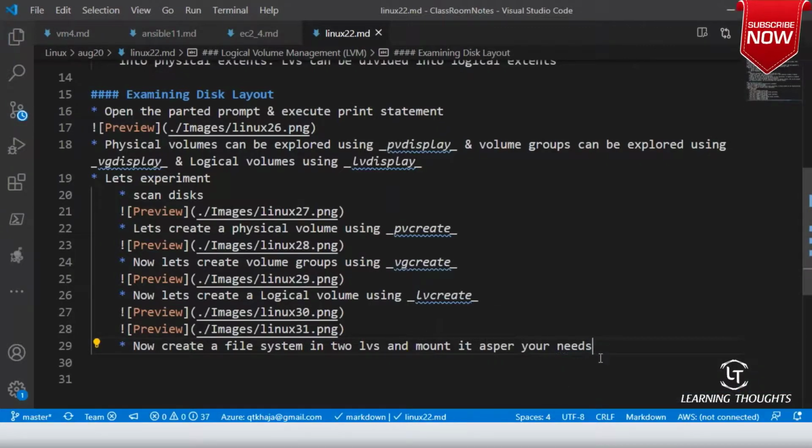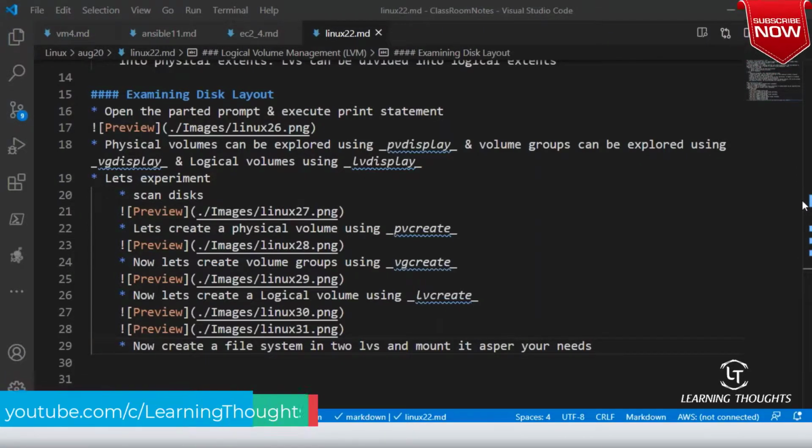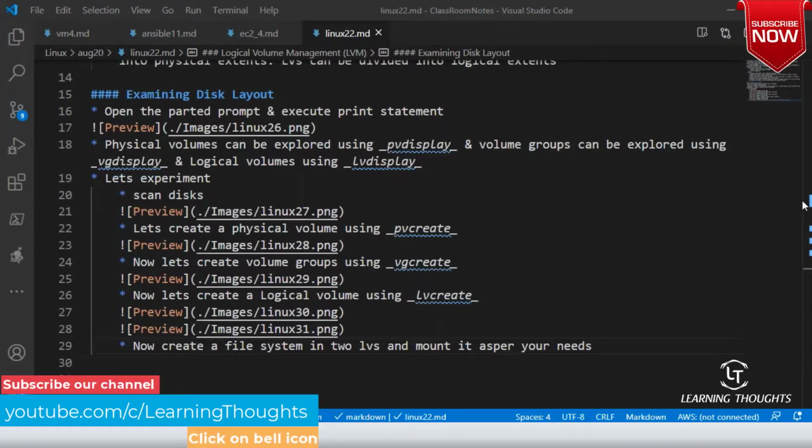Whenever you want to increase the size of this, add a disk, extend the physical volume, extend the logical volume. You really need not worry about what disks are connected at the back end. Yes or no, sir?